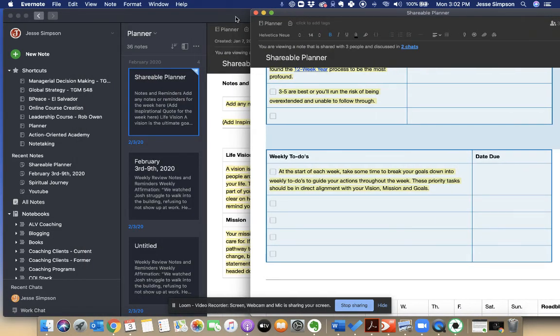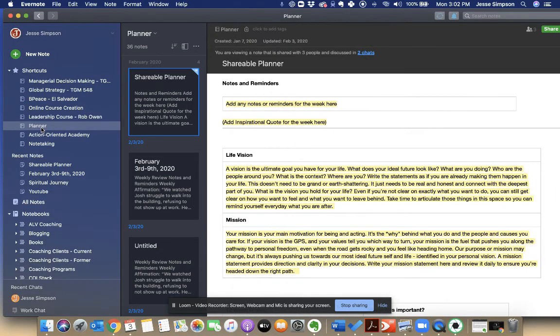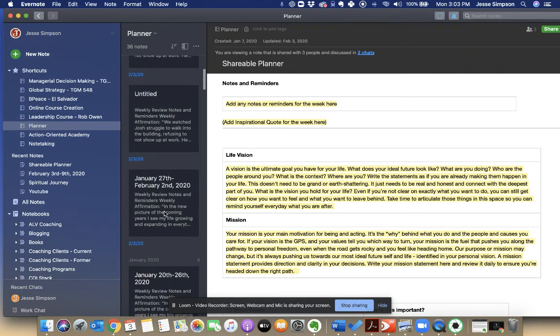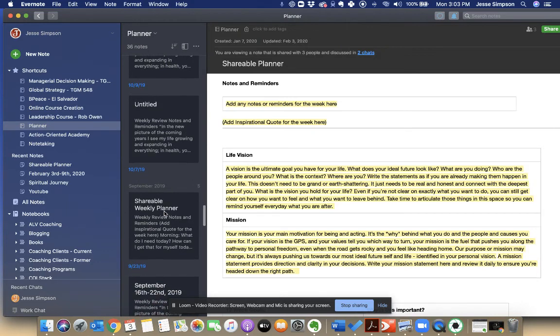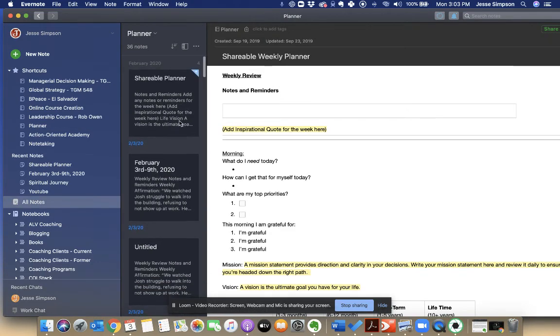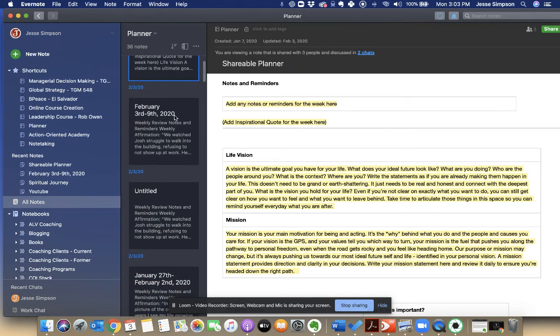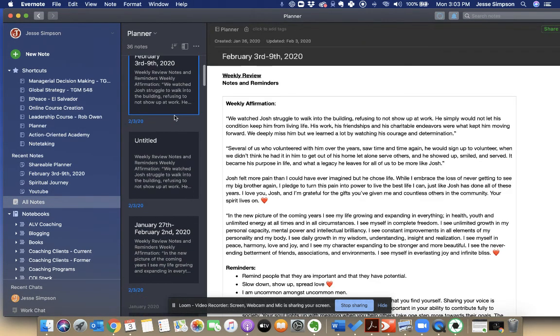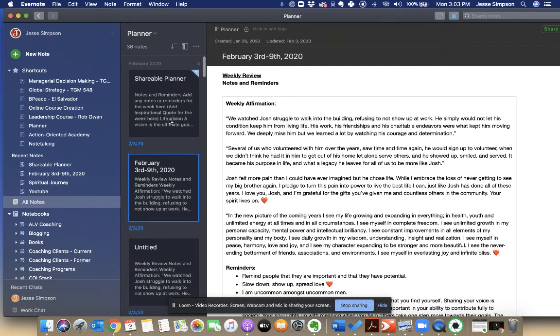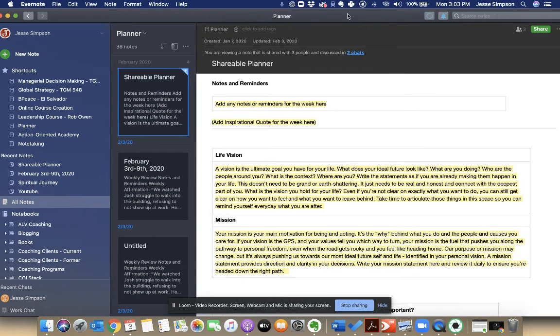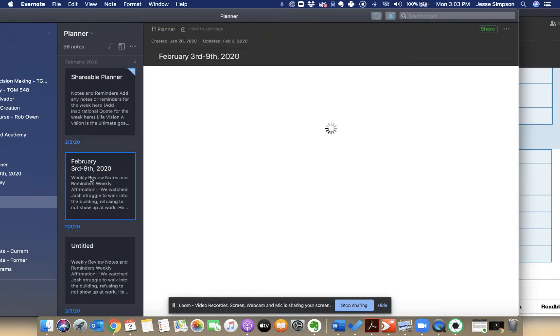And the last thing I want to show you is how I kind of set up my notebooks, or really my planner notebook right here on the left. My planner notebook that I'm sharing with you, and how I do it every single week. This is exactly what I do. All right, I go in and I have, going all the way as far back as I started doing this last summer, and again, it's completely changed my life. And this is the process for making this planner that you'll make your own,